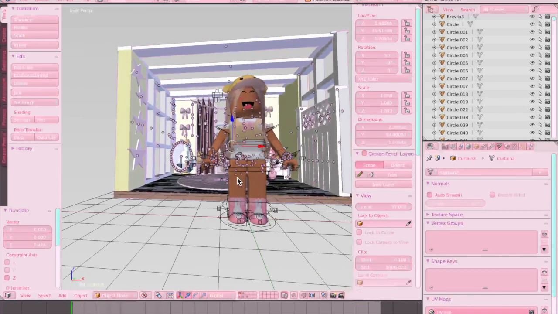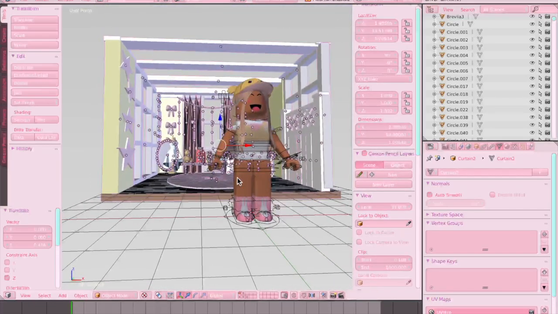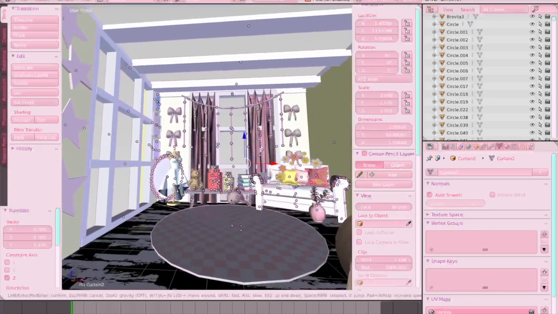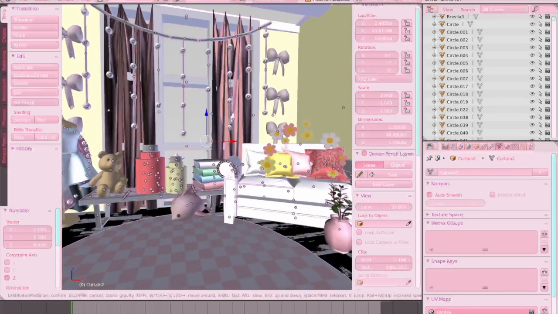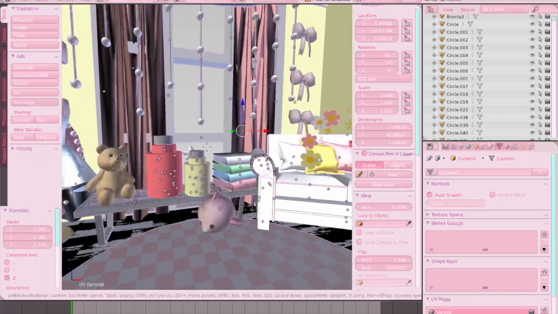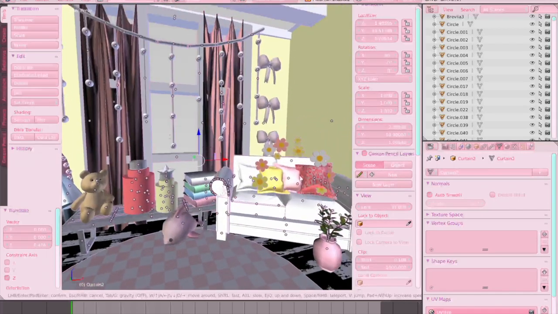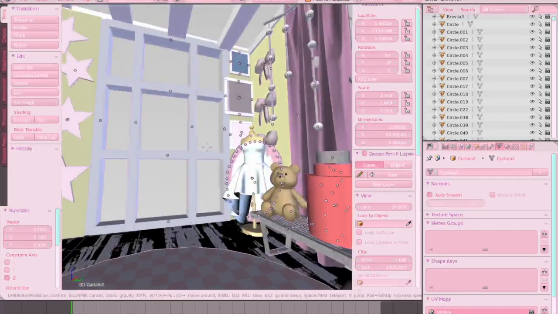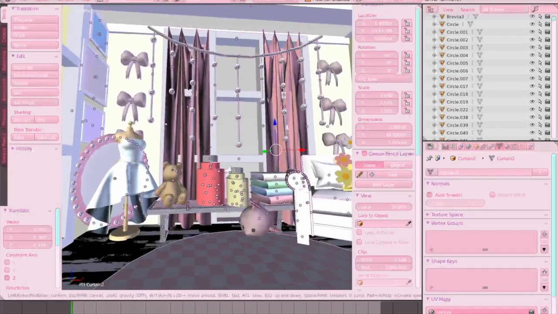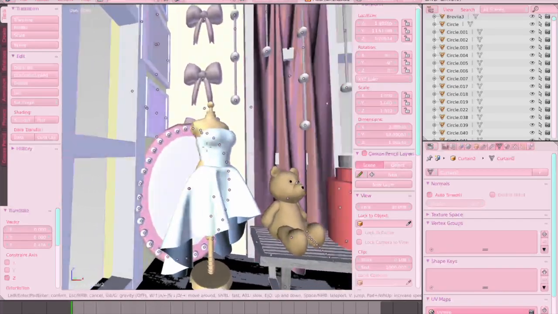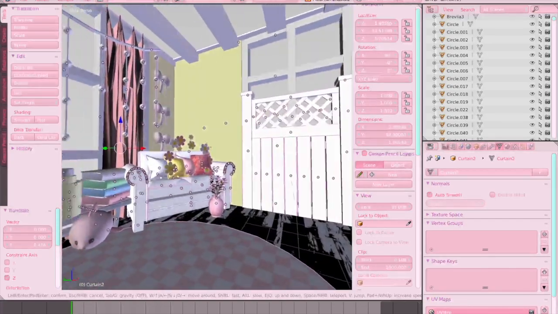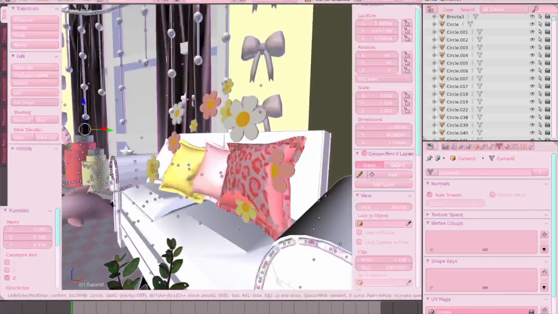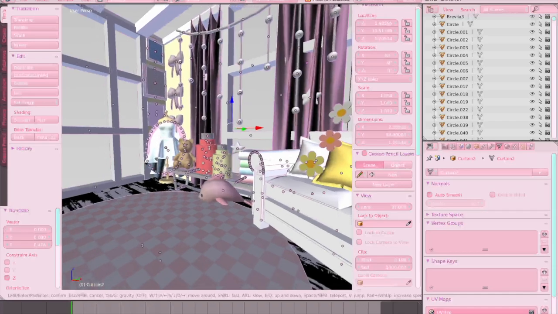So first you can look around in your model, so click Shift F on your keyboard, then the same controls to move around in Blender as Roblox Studio. So W, A, S, D, E, and Q. And you can just look around your model and see where you want to place your avatar. And I'm going to put mine on this chair. So once you find out where you want your avatar,